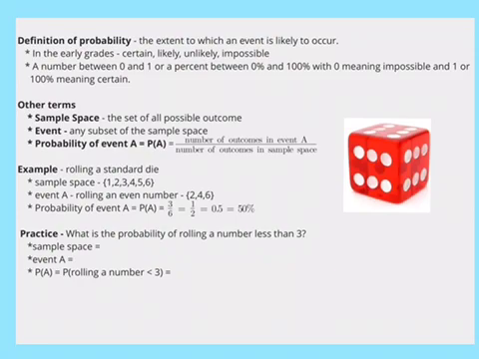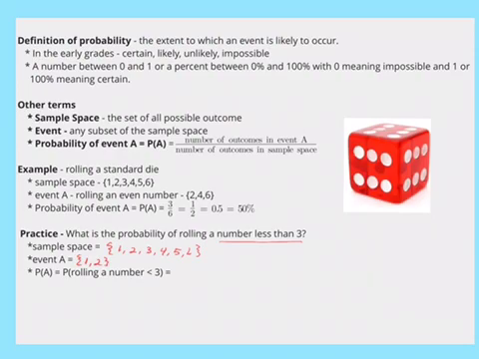Let's do a practice problem here. So we're going to determine the probability of rolling a number less than 3. What we want to do is go ahead and create the sample space. Because it is a standard die, that sample space is going to be the same as the one we have above. Our possible outcomes in our sample space are 1, 2, 3, 4, 5, and 6. Then we want to create the outcomes of event A. For event A, we're looking at a number less than 3. So my possible outcomes are going to be 1 and 2. Those are the numbers less than 3.